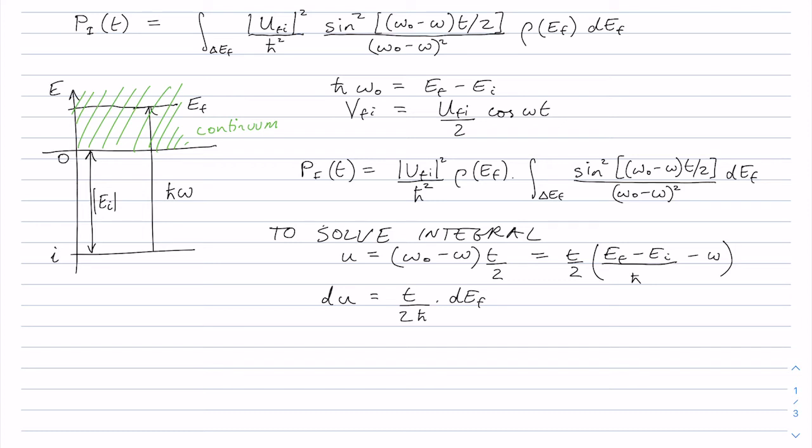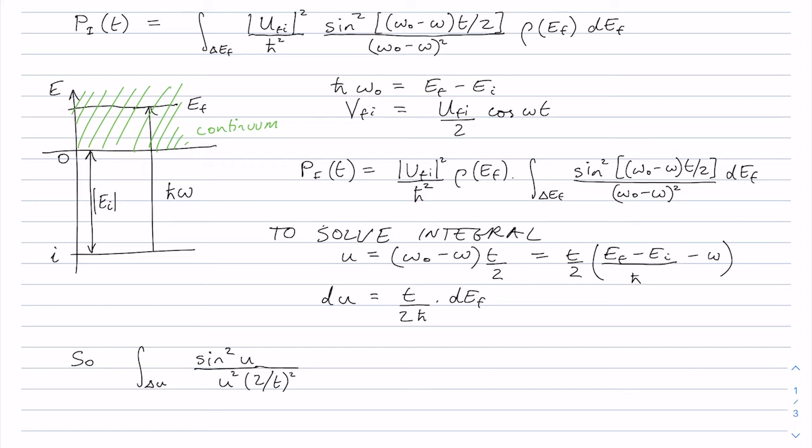And that means that we can write this integral as the integral over a little section delta U, which we'll come back to in a second, of sine squared U over U squared. And to get that U squared, I need to multiply the omega minus omega naught by 2 over T. So I'll write here 2 over T squared. And then I need to put in